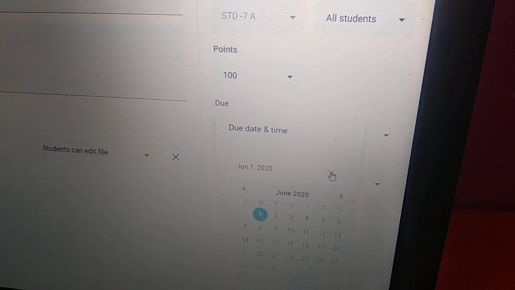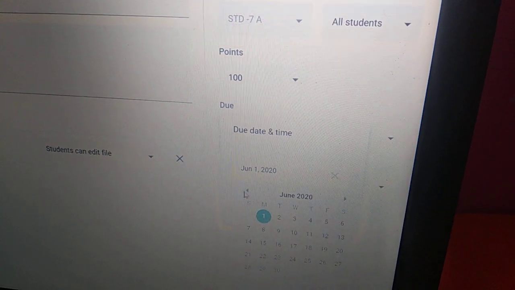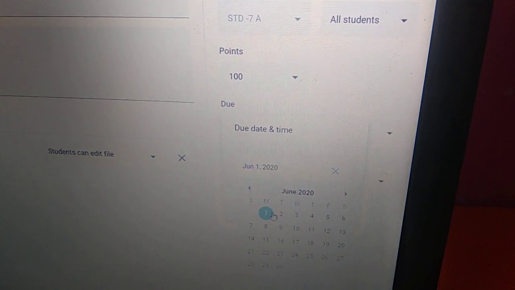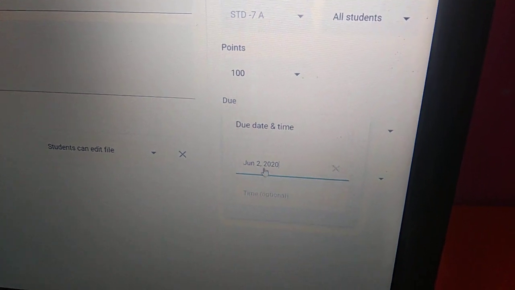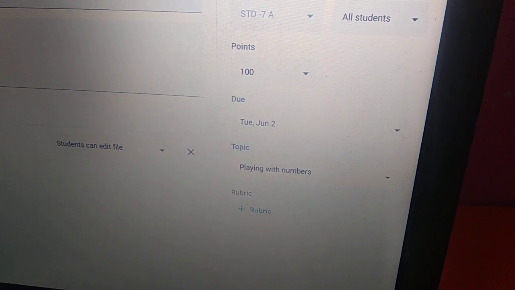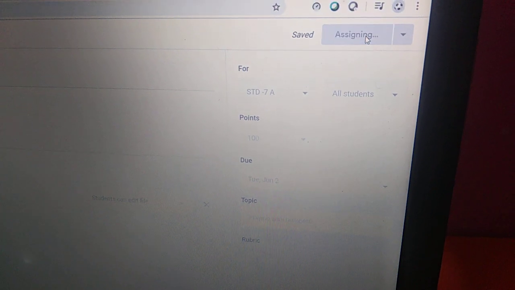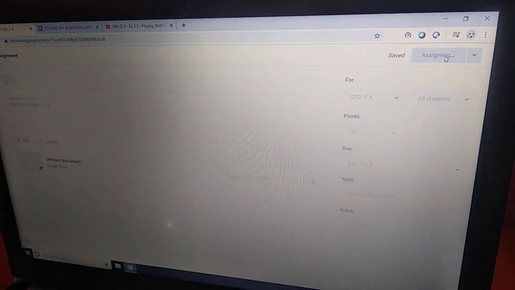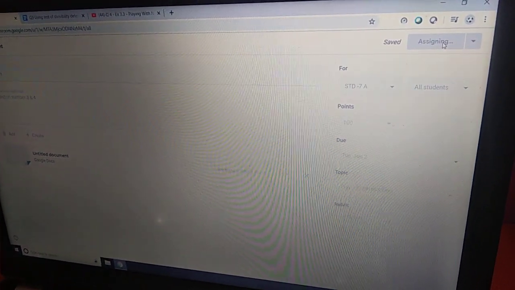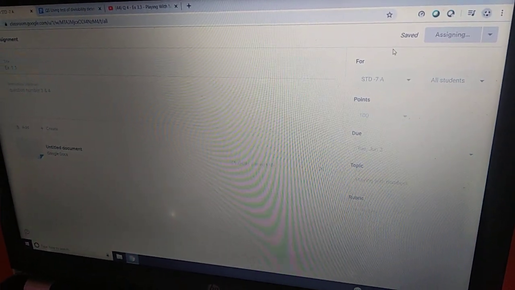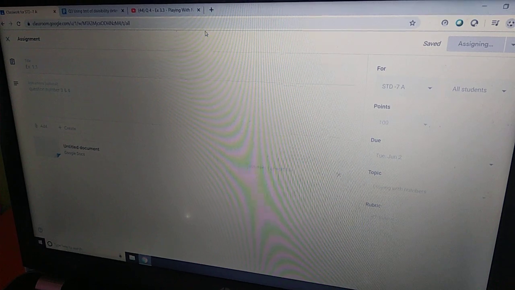Now when do you want the students to complete the work and show it to you? Due date and time mean the same thing. When do you expect the students to do it? Now if I'm doing it here, I want the students to show it to me on, say like 1st of June, say like 2nd. Okay, I've written here 2nd. Fine. Tuesday, June 2nd. Everything is done. Here to all the students, yep. Assign. Now, the moment you do the assigning work, the work has been assigned to the students. They will all get a copy of it. Okay.